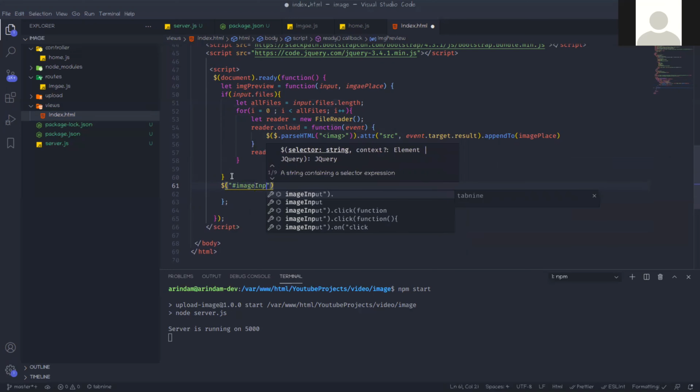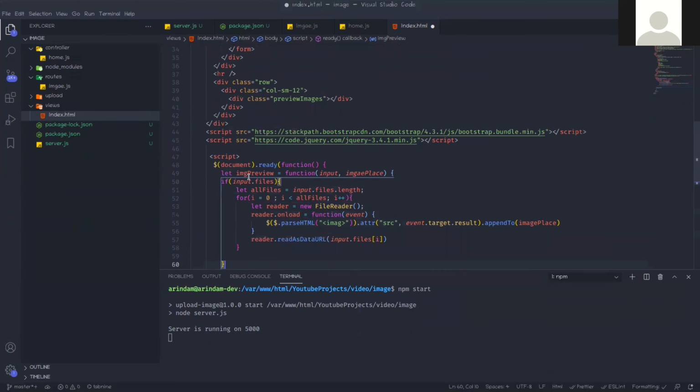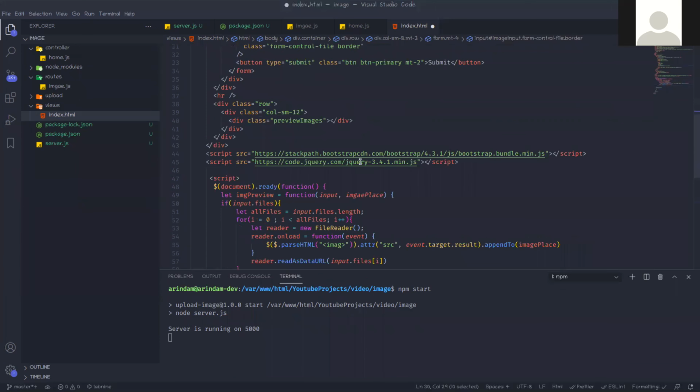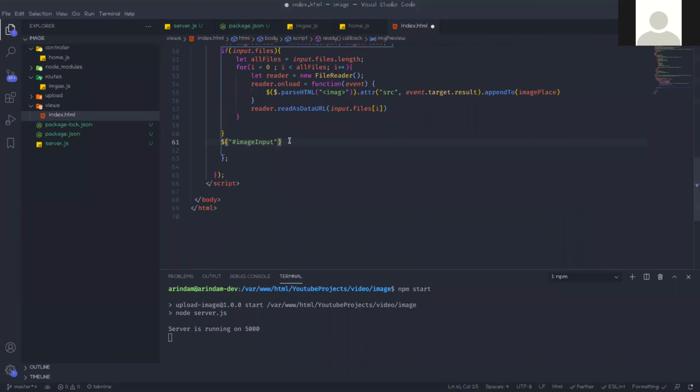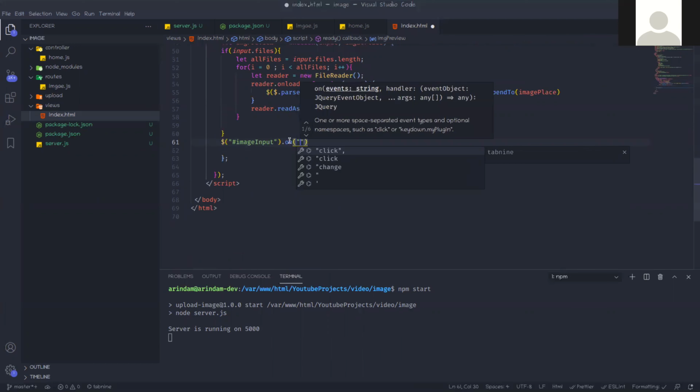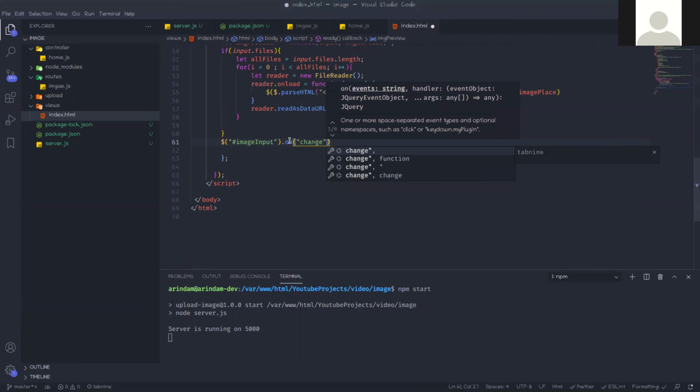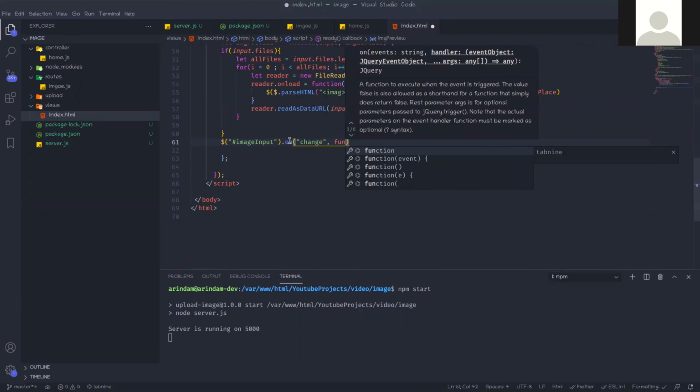Image input, this is that input ID. So image input.on change event, when we select the files, then we call one function.